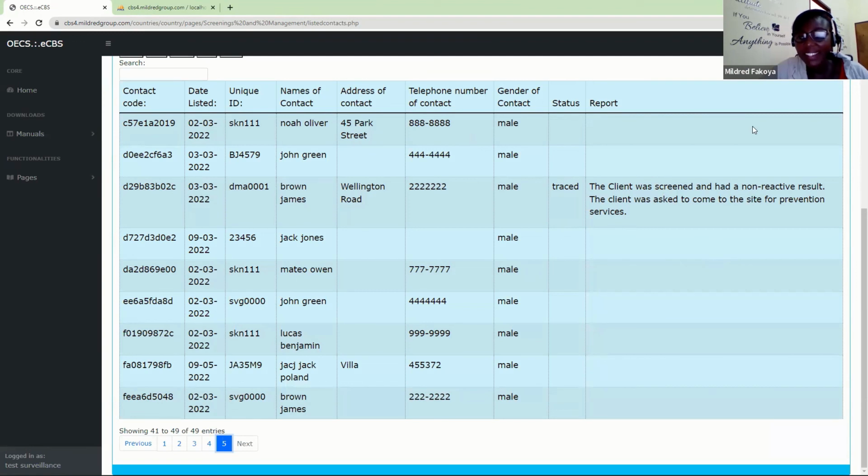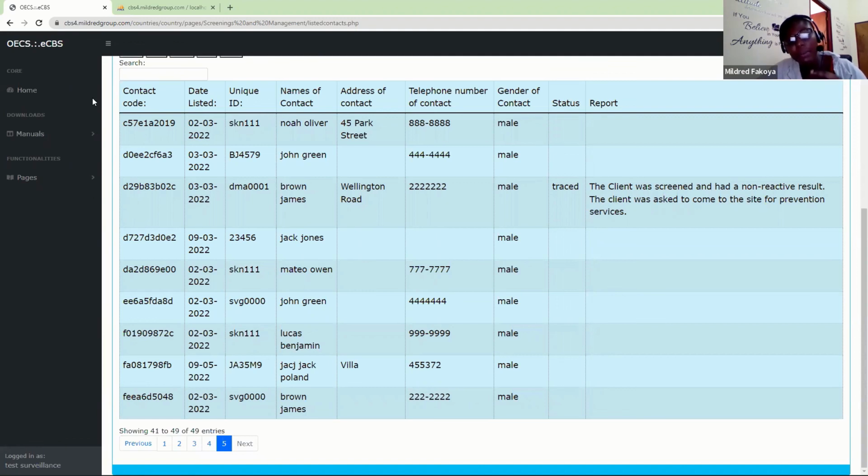But what the system does for now, it only tags pregnant clients to the unique ID of their partners. So if the partner is positive and the pregnant client is negative, the nurse will know that this person has a partner who has high risk behavior and she's pregnant. Now, the only thing that happens on the forms is that there is a link, so the relationship now is many to one, not one to many. Many to one means one unique ID can be linked to many clients, many contacts,